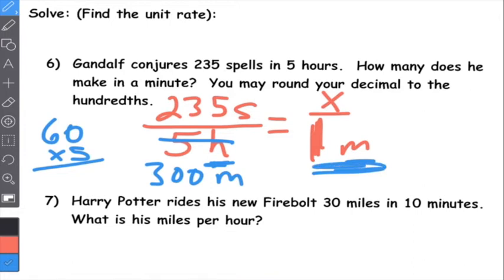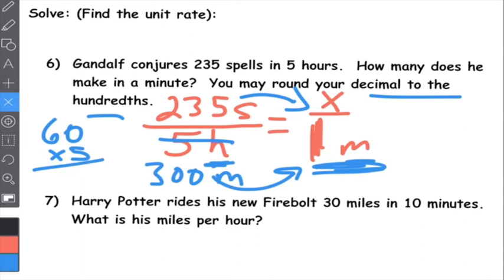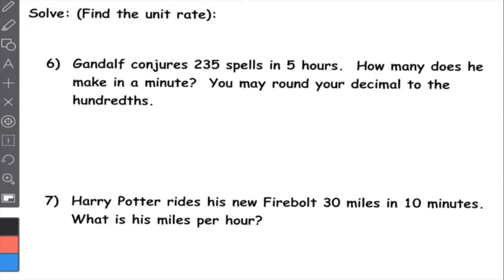All right, so what do we need to do? Well, we need to make basically an equivalent fraction. So what do I need to do? I need to divide by 300 to get to 1. So I'm going to divide by 300, 235. You'll get a decimal, and I told you that you're going to get a decimal here. For this test, you may use a calculator, as long as you set it up and show me appropriately. And if you do this correctly, you're going to get, let me just erase this, you're going to get as an answer